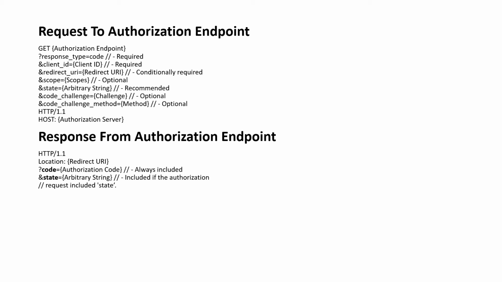So this is the request. Get request with the code type. It is going to get client ID, it is passing redirect URL, it is passing scope. Some of the elements are optional and some of them are required, so you need to follow those. Okay, then you will get the authorization code in the response here.